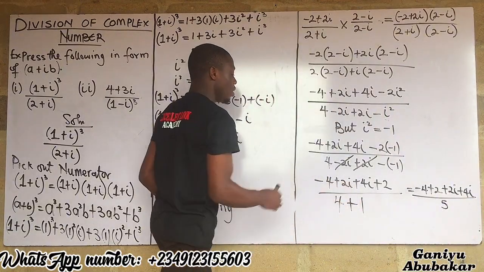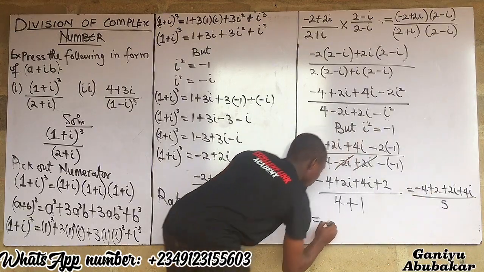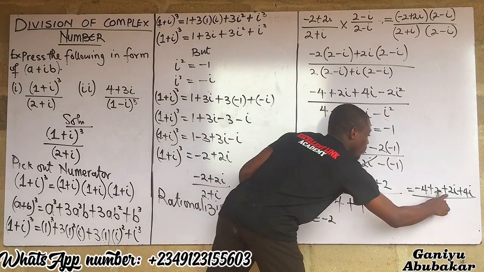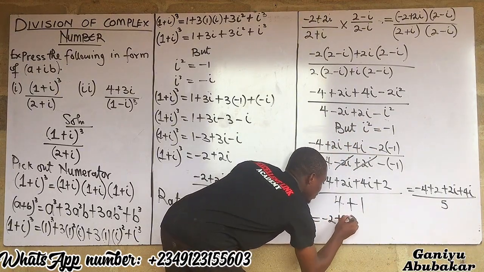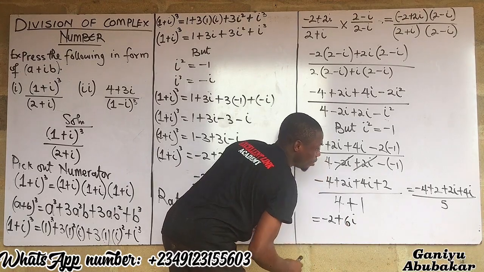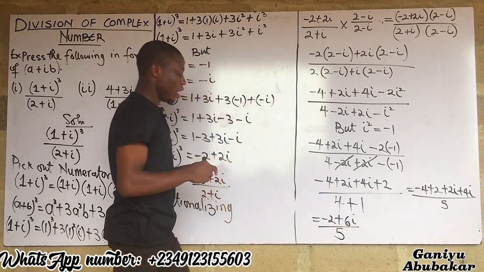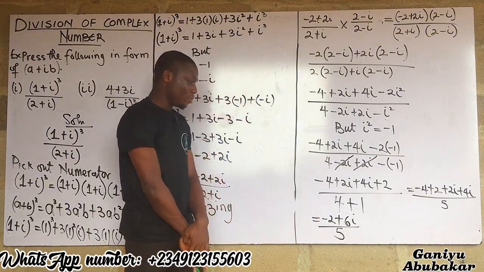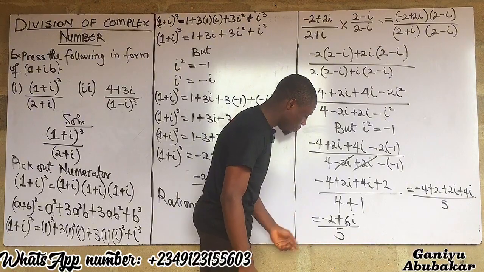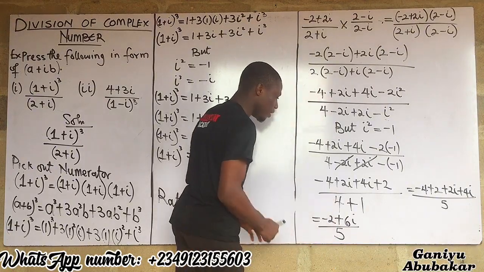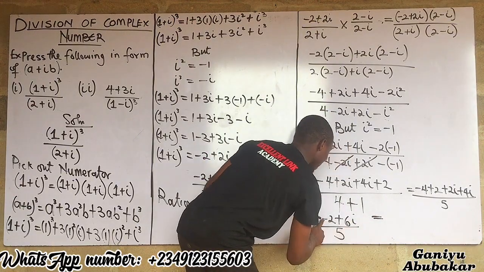Right here. It means that at this point, I'll have minus 4 plus 2 will give minus 2, plus 2i plus 4i will give plus 6i, all over 5. So minus 2 plus 6i over 5. Let's get this done. If I want to break this down better, this can easily be written as